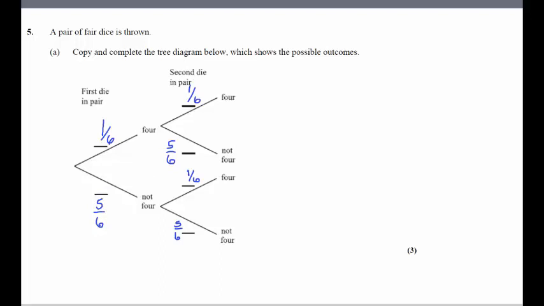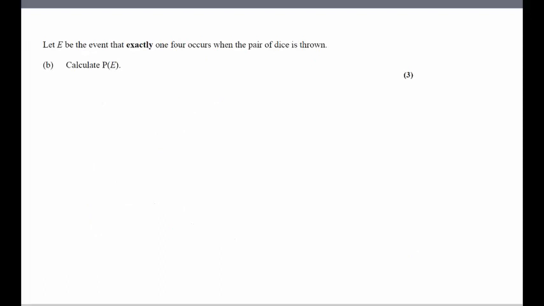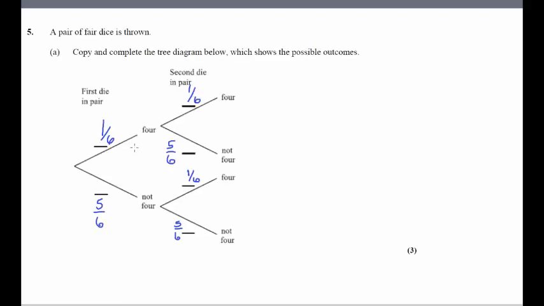And then when we look at question B, it's asking, what's the probability of the event of exactly one 4 occurring when the pair of dice is thrown? And we do need to look back at our tree diagram and find out where one 4 occurs, and it occurs having a 4 and not a 4, or not a 4 and a 4, and we multiply going down